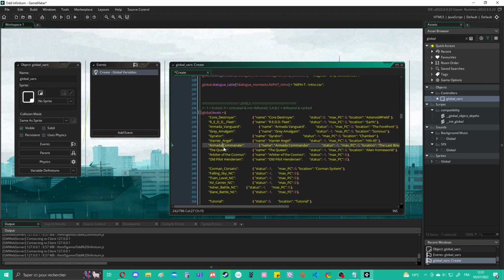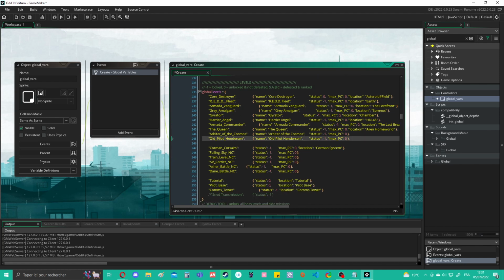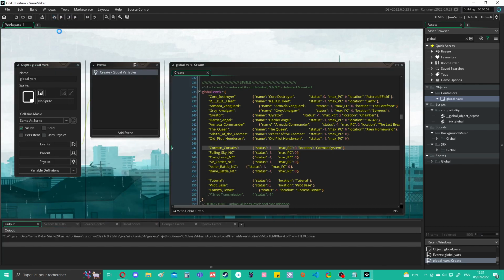That is a weird bug in GameMaker for now. I made a ticket for that, but oops. But we're gonna fix it right now. Of course, I fixed most of it, but not everything, just to show you the bug. And yeah, we have fixed it. And now, normally, if I did my job right, if we close and rerun our game,